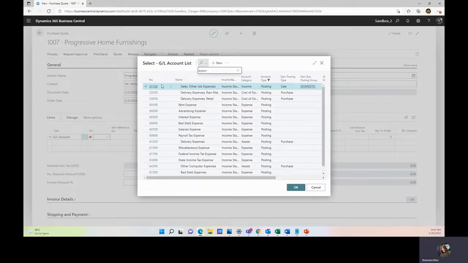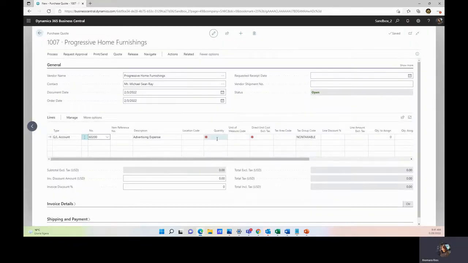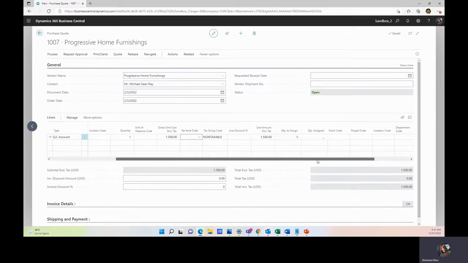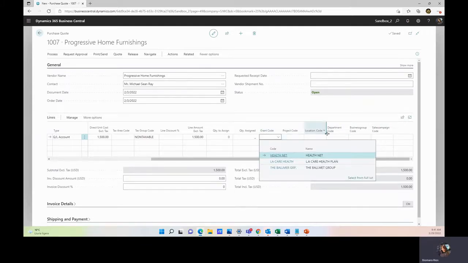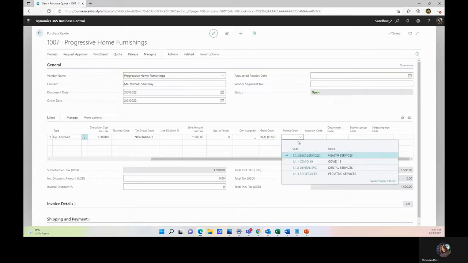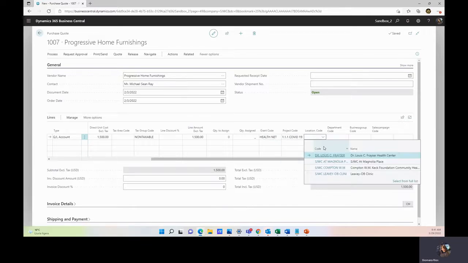So here, for example, I will say that I need some advertising services. So I will click here, I will select it. Okay. The quantity, I will put this amount. And something that is really important here is to assign the dimensions. The dimension will help us to identify our brand, project, location, and department. So, for example, I will select here the HealthNet for COVID-19, location code